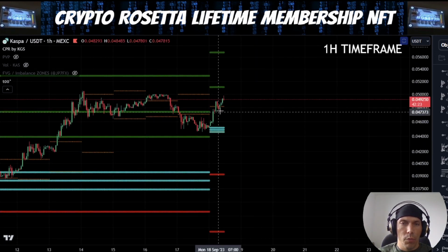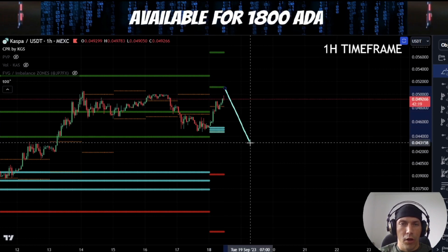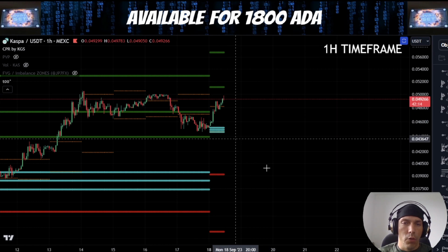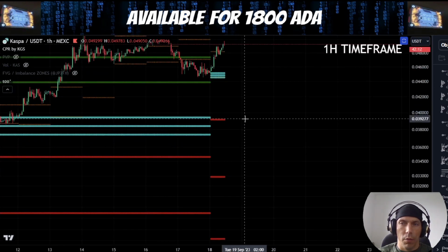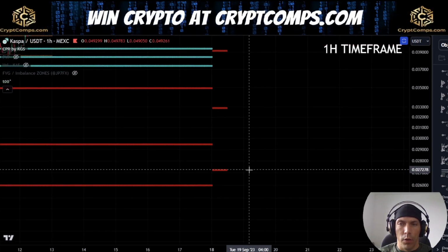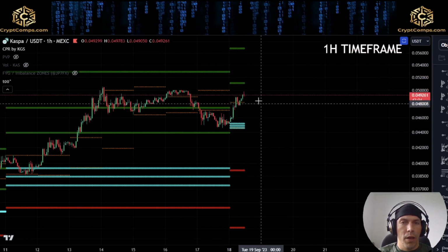If, however, we see price looking to either move into this R1 line, then face a rejection, we could potentially look to come back down and retest these levels. If we lose this zone, targets for this week would become 392, we have 329, and this level here of this 0272 region. So we need to just be careful of this.